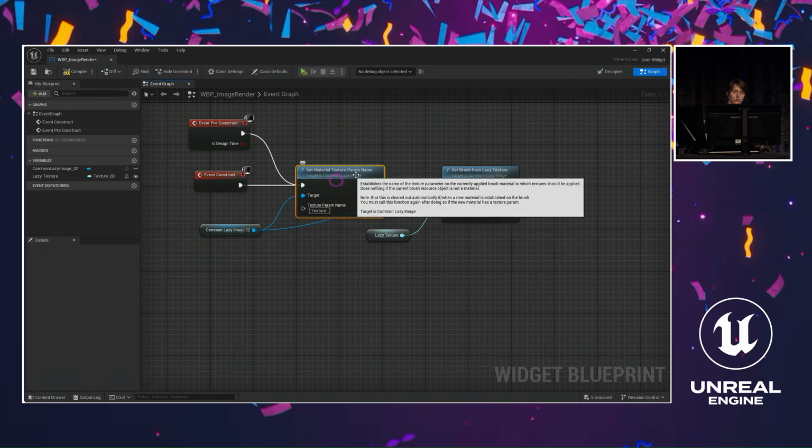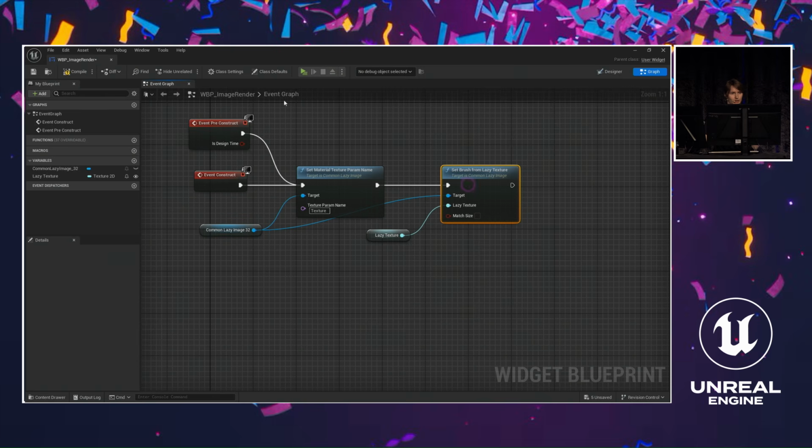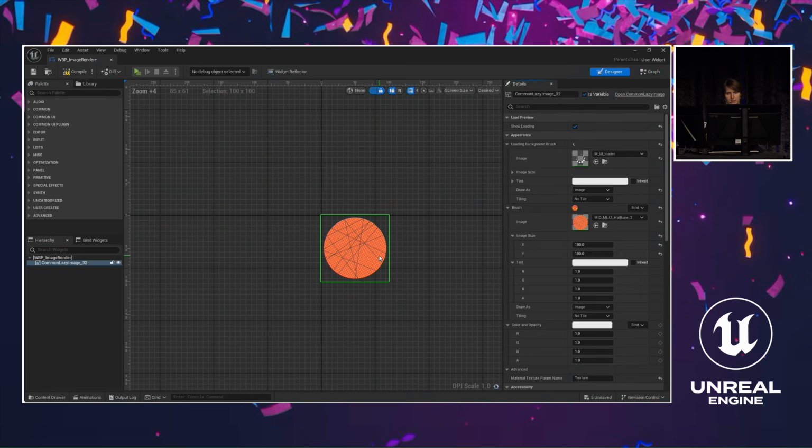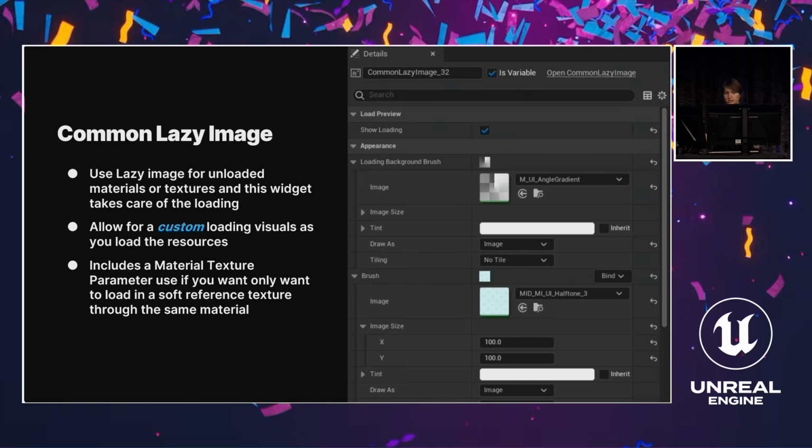So this is that set material by texture name, and then you can get your various soft references into a master material. And again, we use this all the time on Fortnite. We don't need to recreate the same material 8 million times to have interactivity. We just pipe in the different texture icon into this method. And let's get on to our next